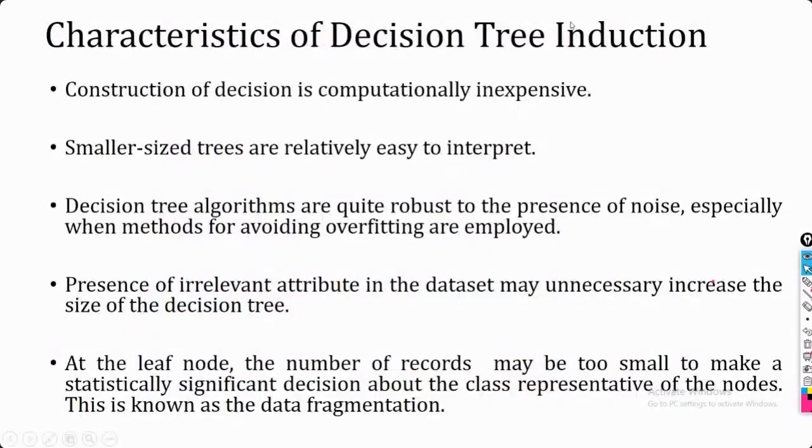These are some of the characteristics of your decision tree. If the size of your decision tree is quite small, the interpretation is going to be quite easy, because if you are having two or three levels, you can easily interpret it. The main thing with respect to your decision tree is that as you are moving down, the number of instances which you are using to make a decision is also reducing, level by level.